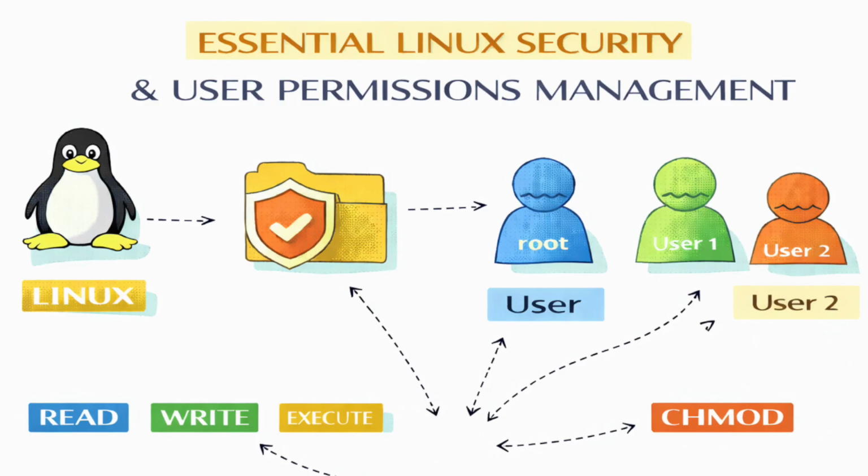Let's start at the very bedrock then. Identity. How does Linux even begin to know who you are? It sort of ignores your actual username, right? It really just relies on numbers. Correct. The system identifies every user through their unique numerical identity, the user ID or UID. And the central source of all this identity information is a surprisingly simple, plain text file, /etc/passwd. A user directory of the whole system.